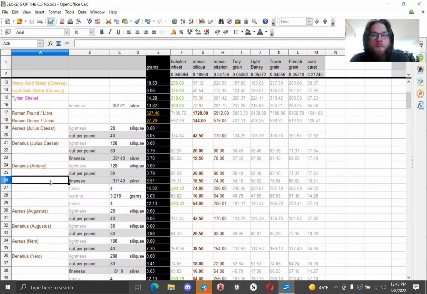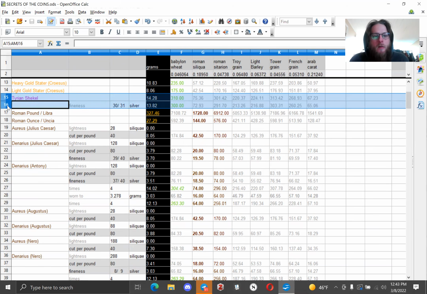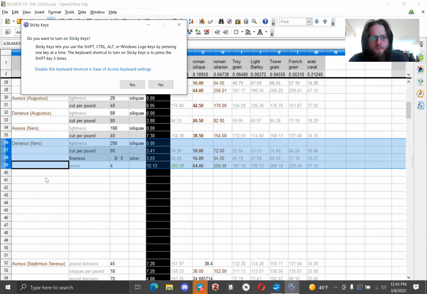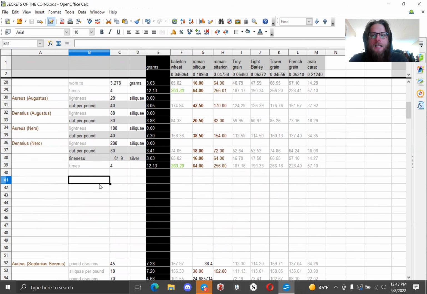And in so doing, he basically shuts down the mint at Tyre. Okay, so after this period, shekels are no longer minted in Tyre, and the reason for this is simple, which is that after Nero debases, it's a lot more attractive to ship the silver to his mint and get it minted there. You'd make more of a profit, and so basically the mint at Tyre can no longer compete with the Roman system. And so Nero, essentially, by debasing the monetary system, unified the Roman Empire in monetary terms.